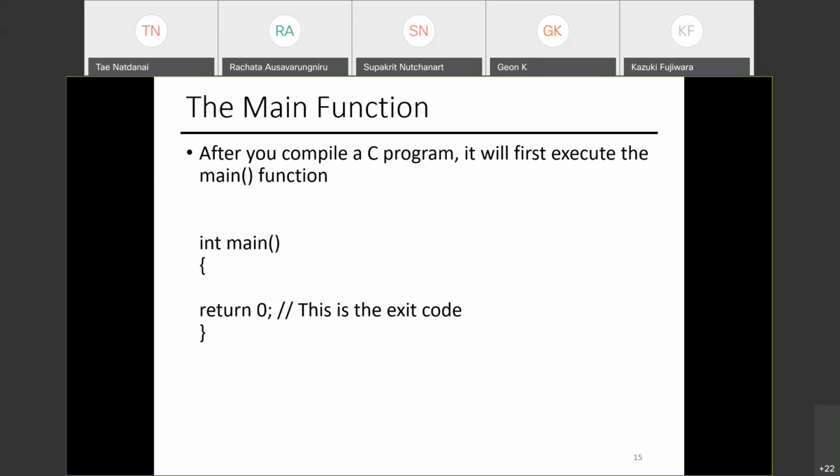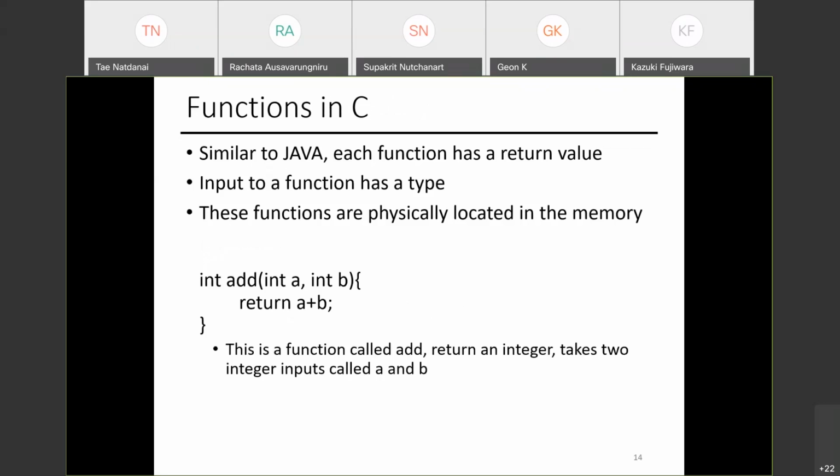Professor, in the last slide you said that every function has to return a value, right? How about void? Very good question. There's a function that starts with void. What does void mean in general? In English, it's nothingness, right? Void means nothing.